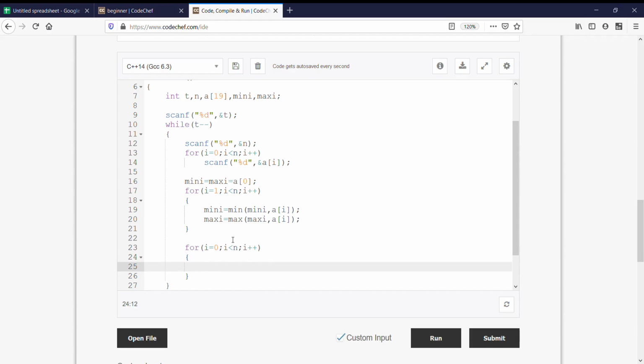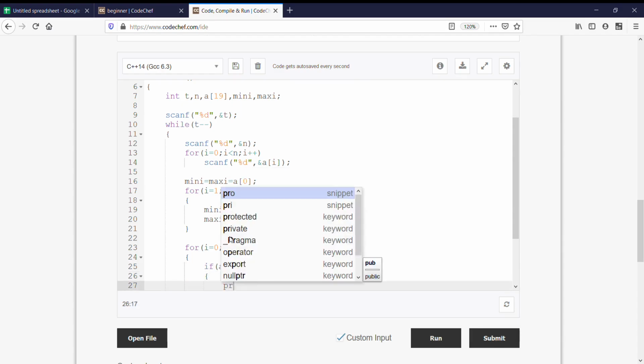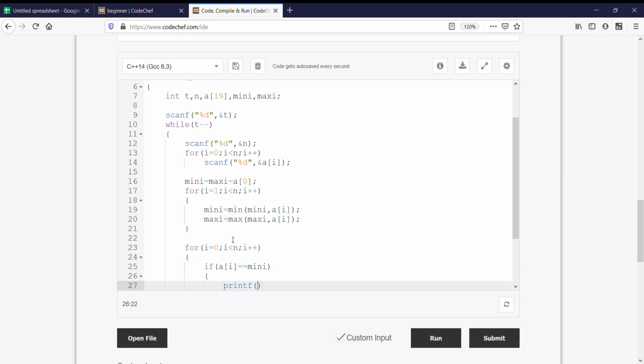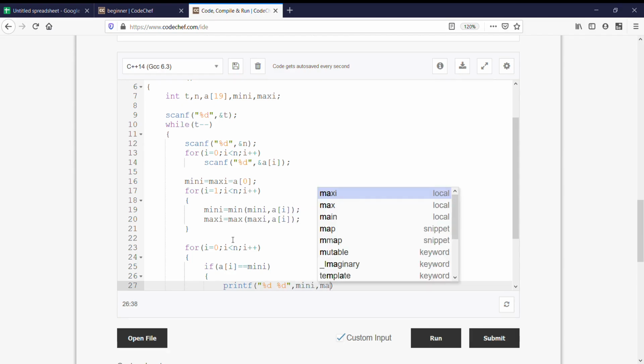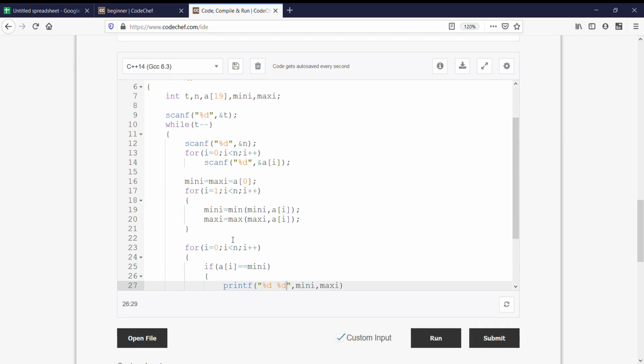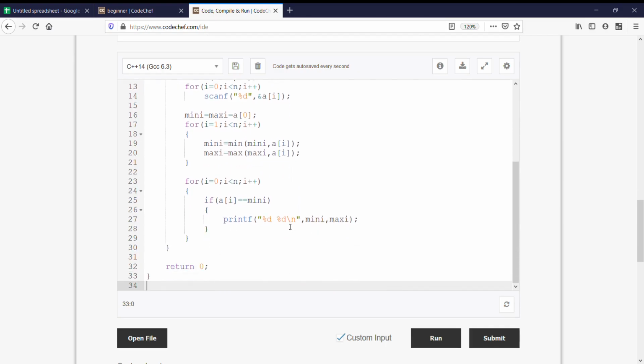We would be checking that if a of i equal to mini, then we would print %d. We know that if we get mini first, then later we would get maxi. So we would print mini, and then later print maxi.